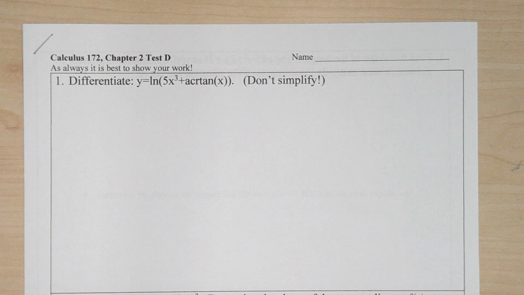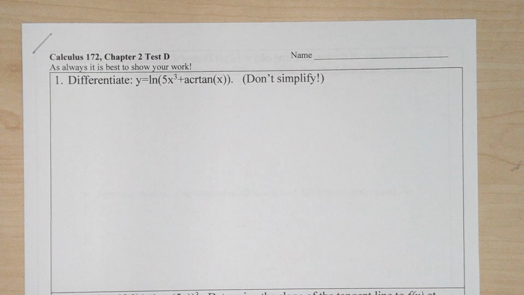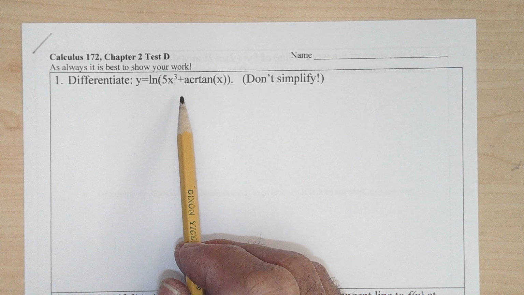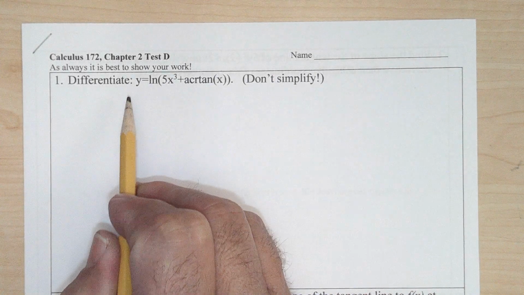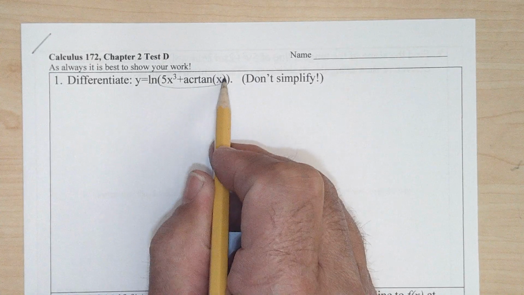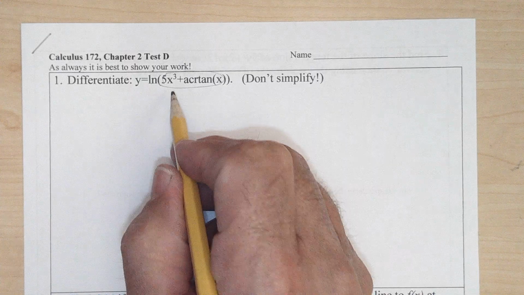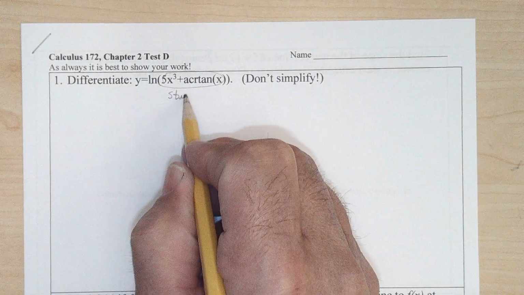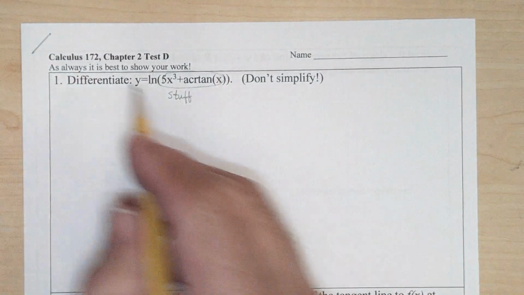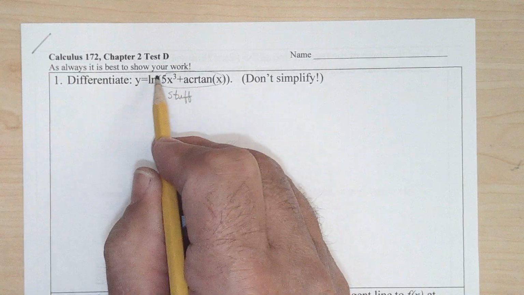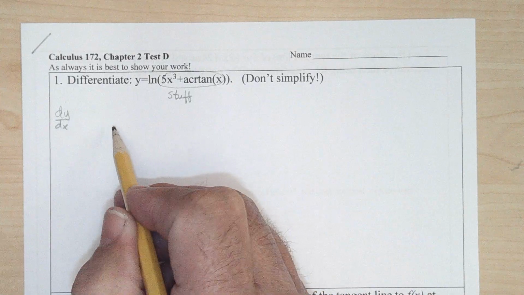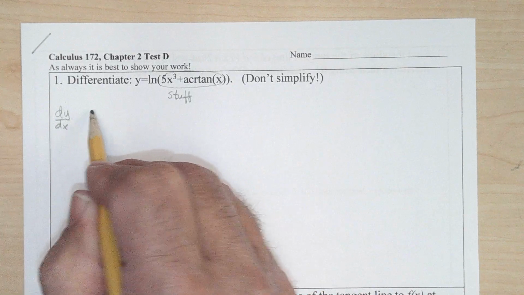Okay, I'm going to go over this test, and I'm also going to try to explain the chain rule a little bit differently. So we have here y equals ln of some stuff. I'm going to call it stuff. It's 5x to the third times the... Now, if we're trying to find the derivative of this, or dy/dx, well, the derivative of